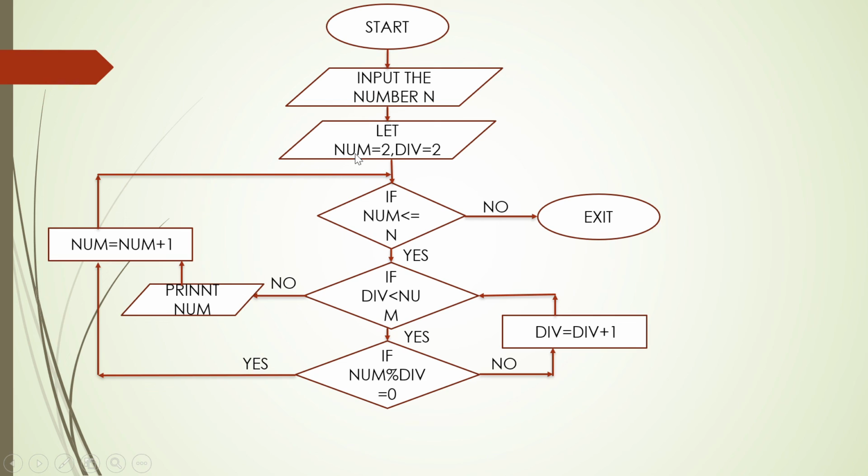num वो नंबर है जो प्रिंट होते जाएगा, जिसको हम चेक करते जाएंगे। जैसे कि हम 10 तक all the prime numbers हमें प्रिंट करवाना है, तो हमें 2 से चेक करवाना होगा, क्योंकि 2 is the smallest prime number या first prime number। तो हमको 2 से चेक करवाना पड़ेगा, फिर 2 से 3 पे जाएगा, 3 से 4 पे जाएगा, 4 से 5 पे जाएगा। तो क्या होगा, वो अंदर अपने आप को चेंज करता जाएगा, but हम लेंगे 2 से ही उसको। और div equals to 2, क्योंकि डिवाइड करने के लिए हमको 2 ही लेना पड़ेगा, क्योंकि 1 और खुद से तो वो हर नंबर डिविजिबल होता है, तो इसलिए div equals to 2 लिए है।